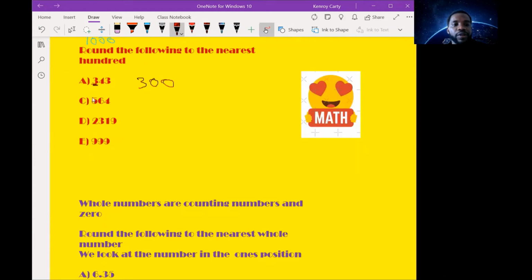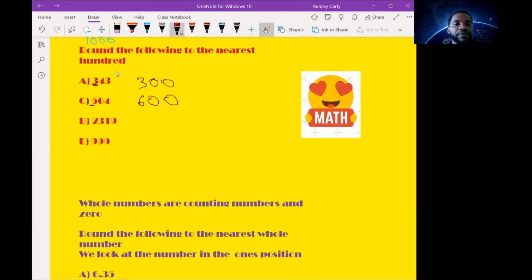564. The number in the hundreds position is 5. The number to the right, which is 6, is greater than 5, which means I'm going to have to round up the 5. So if I round up 5, it goes up 1 position, so I'm going to have 600. All right,